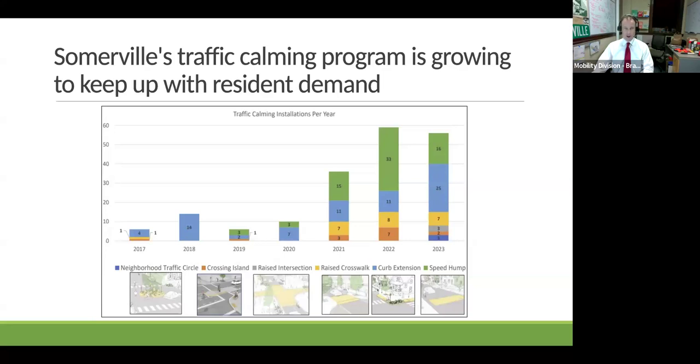I'm really, really proud of this graph, and it's important that you all know that there are a variety of city departments working every day to continue this trajectory until all Somerville residents feel safe in all of our neighborhoods. Folks, routine repaving projects have been reimagined now as opportunities to build speed humps to slow down speeding drivers. Routine sidewalk reconstruction projects have become opportunities to add raised crosswalks and curb extensions. I'd like to say a big thank you to our residents, to our advocates, to our elected officials for supporting us in this urgent work. Next slide, please.